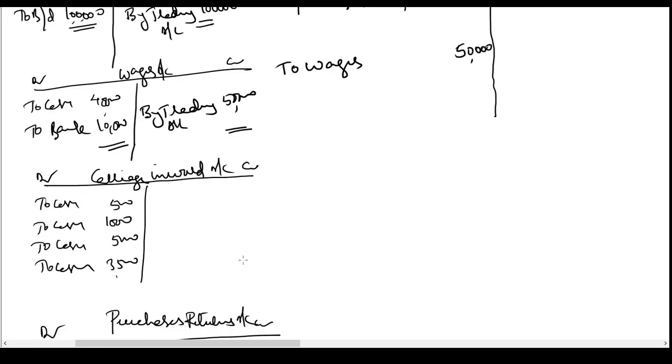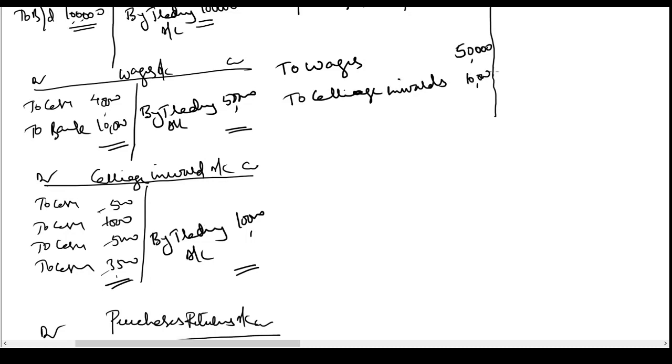Then we have another ledger account in our books, carriage inward. It is also having some entries which have been posted during the year, 500, 1,000, 1,500, 6,500, 10,000. Say there is some balance. Again, this is an expense incurred for bringing the goods from the suppliers to the place of business. So this expense has to be transferred to the trading account. We'll simply transfer it, by trading account 10,000 rupees. This account is closed and the balance is transferred to the trading account. To carriage inwards 10,000.